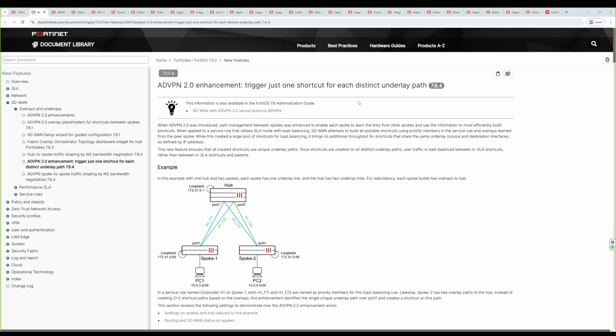We have a cool enhancement on ADVPN version 2. Let me summarize it and make it simple for you. In ADVPN version 2, there was a load balancing feature announced between spokes. If one spoke wants to connect to another spoke, it will check and see, okay, I can choose H1